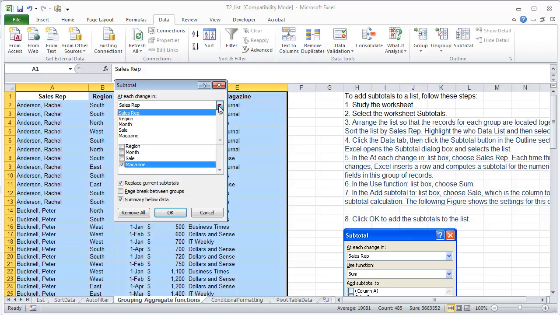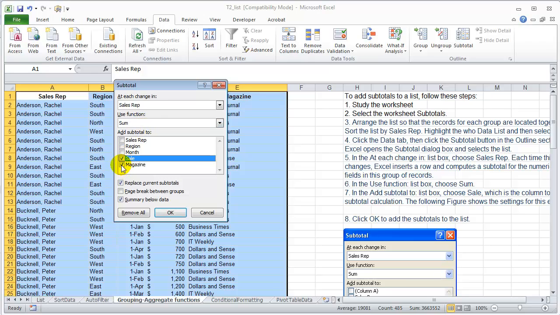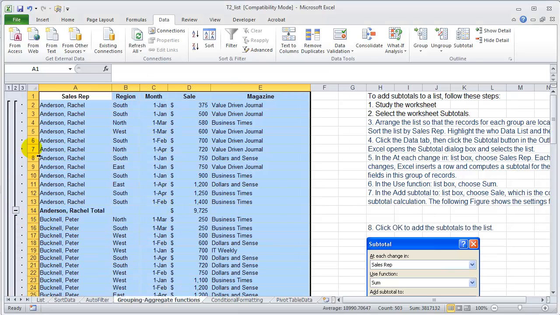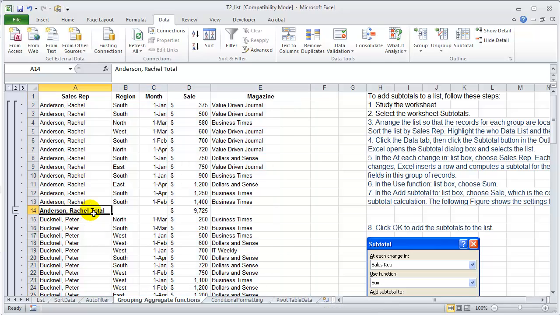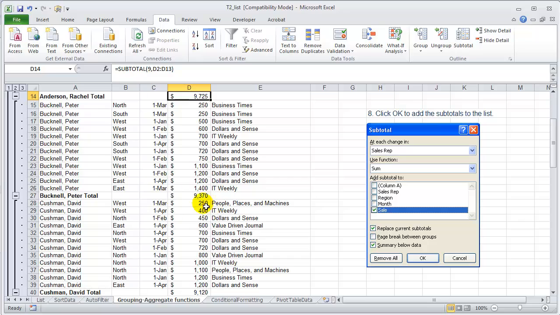Oh, I know. So still at each change in sales rep, I want to add. I did the wrong thing. I want to add all the sales data together to give me a subtotal. Got it? So now I got the subtotal. Rachel Anderson's subtotal is this much for all the sales transactions that we have here. And same thing, if you scroll down, you will get Peter